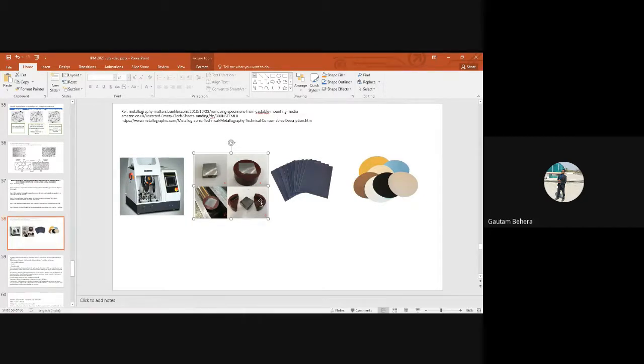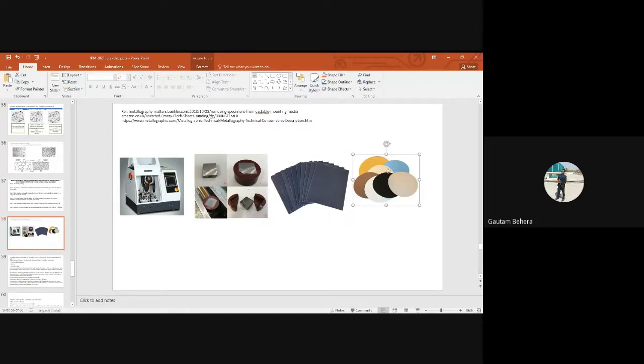So as I told, this is a mounted sample. You can see this is the epoxy part, and this part is the metallic sample. Further, you can break it later after doing polishing or after doing metallography analysis, to measure the hardness value. And these are the emery papers, the silicon carbide papers. A lot of papers are there, and each paper has a particular size of silicon carbide particles, coarser to finer.